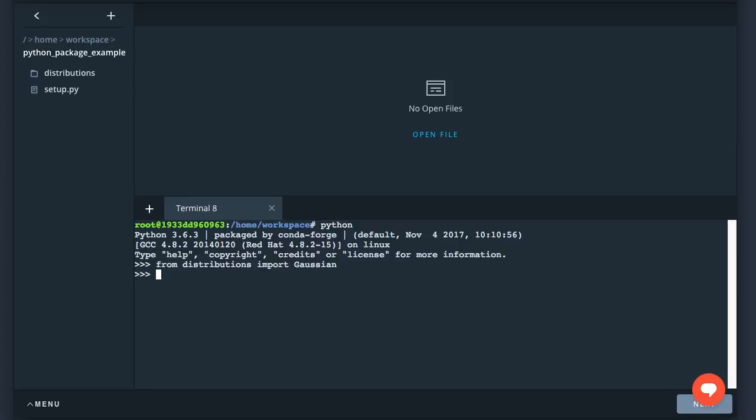Okay, now I have access to the Gaussian class, so I can write something like Gaussian1 equals Gaussian class and initialize it with a mean of 10 and a standard deviation of 5. Hit enter, and now look, I can use the Gaussian class just like we were using it before. And you have access to all the methods as well.